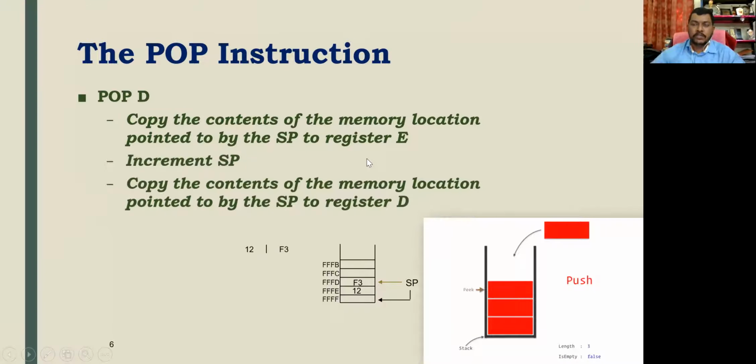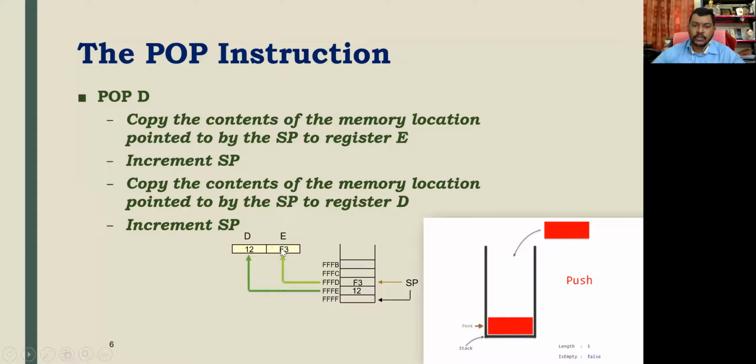So when I say pop D, F3 is supposed to move from this memory location to register E, then it will increment, and then the next data, that is 12, is moved to D. This is how the pop instruction is going to be executed.